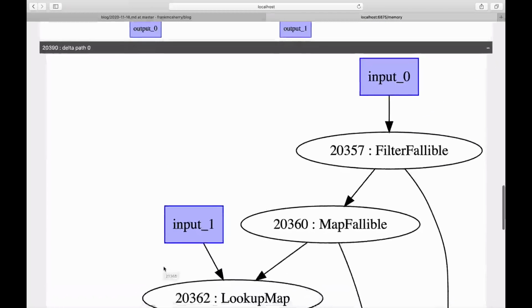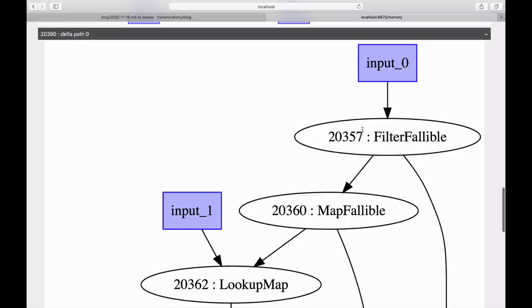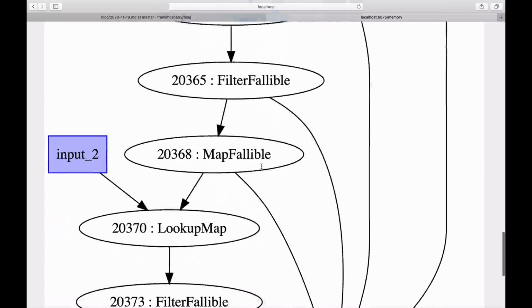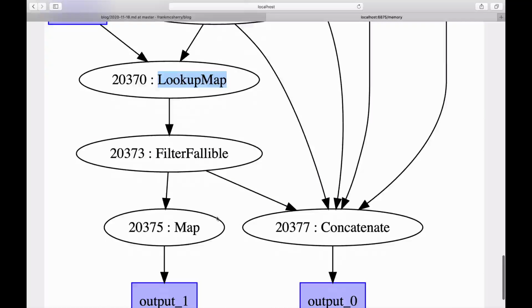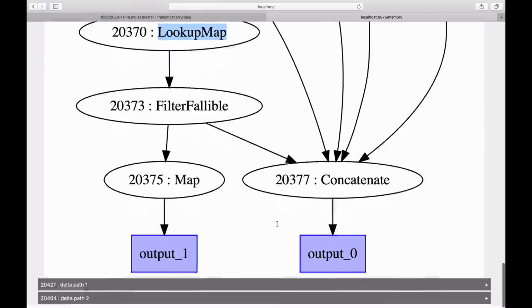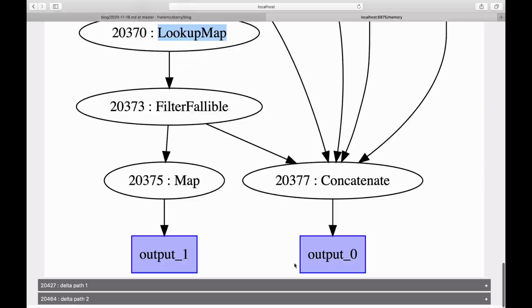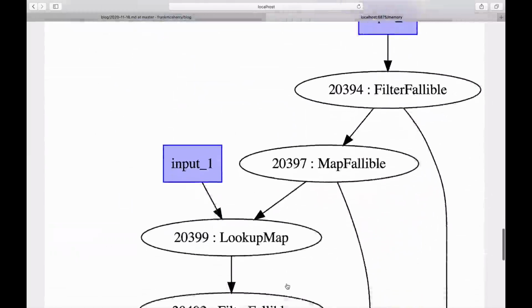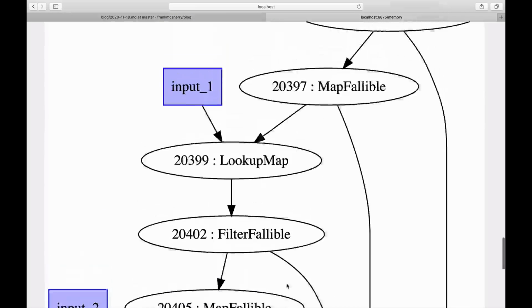I mean, I don't actually know which one this corresponds to, unfortunately. But we repeatedly do lookups in other relations, various filterings that might produce errors and stuff like that, and then produce some outputs. And the same is true in each of these data flows. But notice there's no red